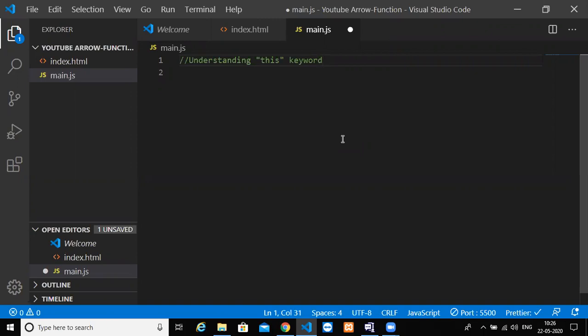I got a request from one of my friends to make a small video on this keyword, because this is a fundamental of JavaScript where most of the upcoming developers are just trying hard to figure out what this keyword in JavaScript is all about. I think this is probably the trickiest part, because understanding this keyword is one of the most complicated things in JavaScript, more than the advanced parts, because this works differently in different contexts of JavaScript.